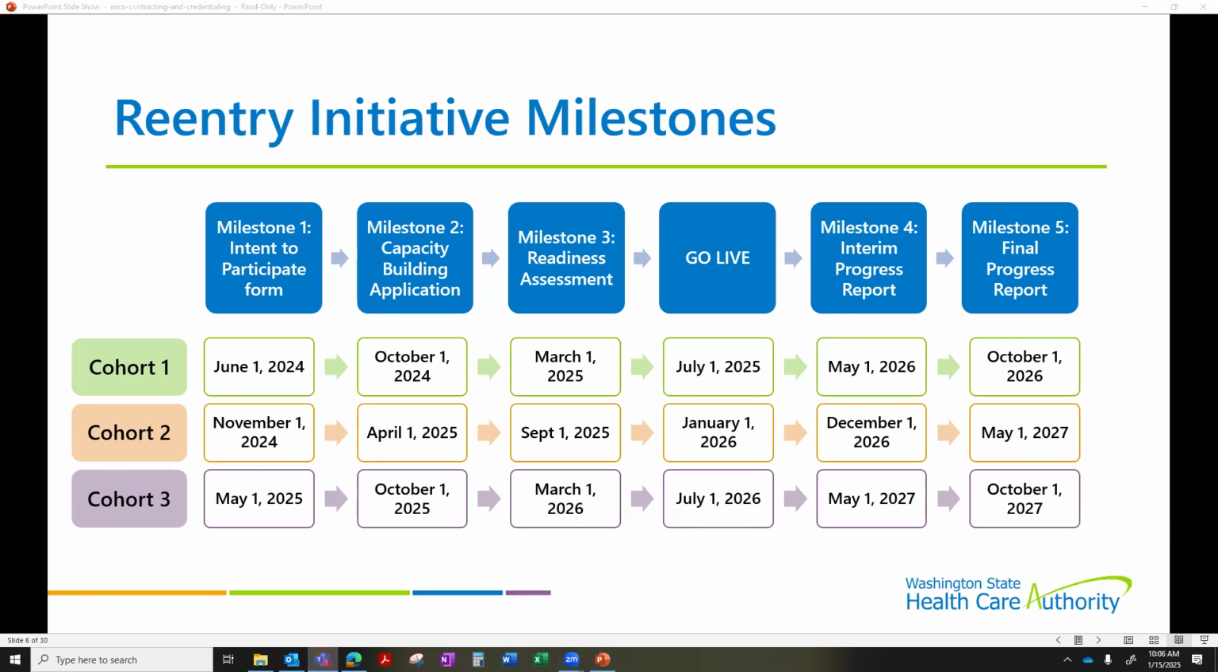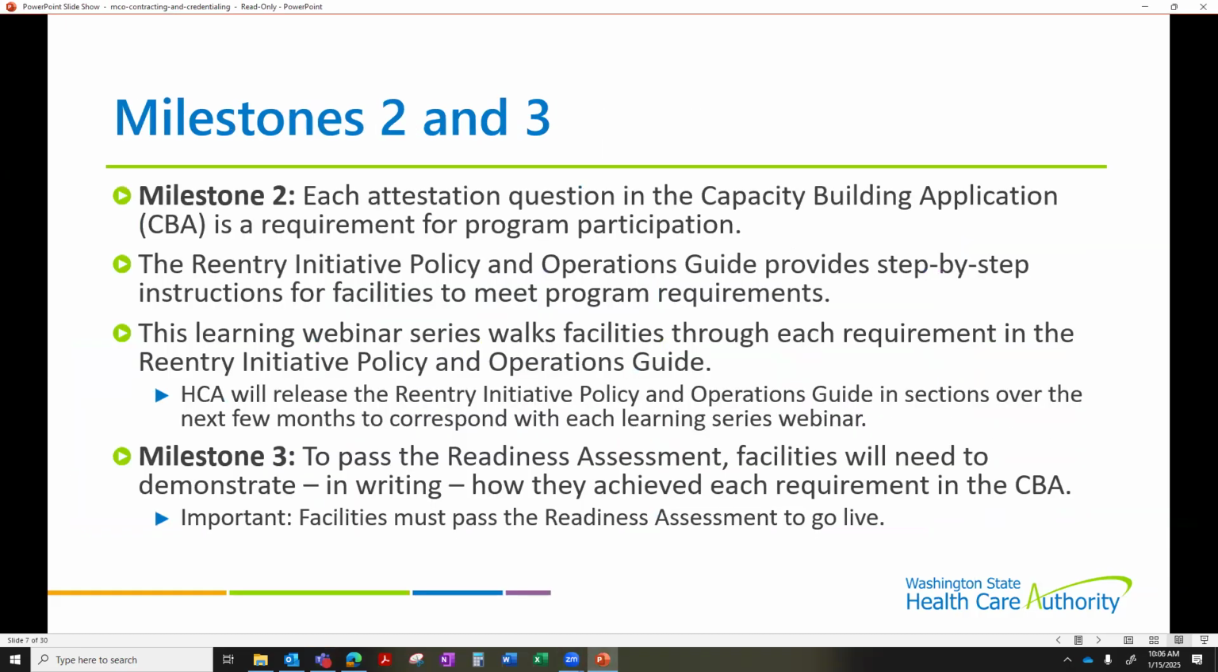Let's keep going. I'm going to go through this a little bit more quickly than I did last time. A lot of content here. I won't go through it in as much detail today, but the important thing to know is that for milestone 2 of the capacity building application, every attestation is a requirement for the program. And for milestone 3, the readiness assessment, which is yet to be released, we're targeting around a March release for that material. We're going to be asking facilities to describe how they